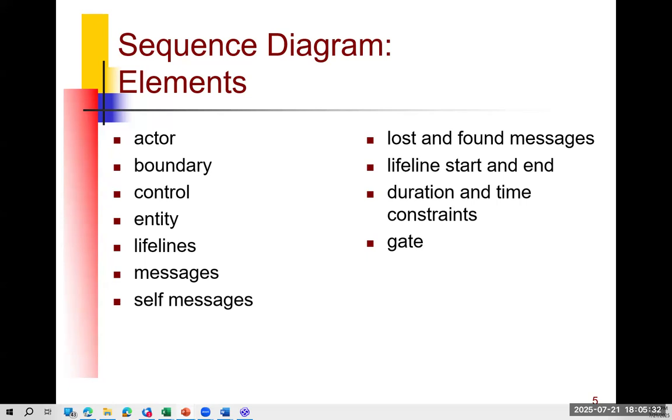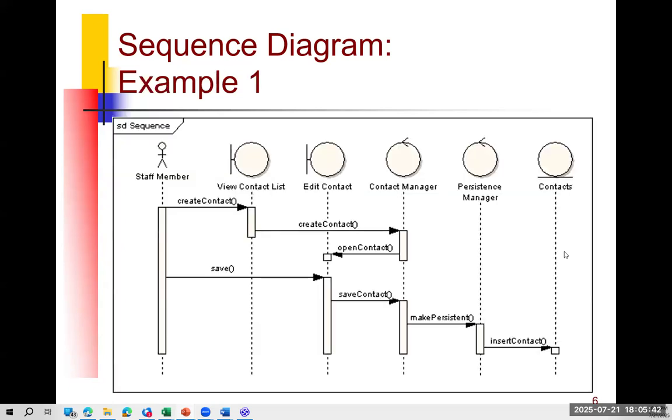So this is only when an object becomes very complicated and contains a lot of operations, and then you can group them into different groups. So these are the elements involved in the sequence diagram. So this is a very typical sequence diagram. Usually a typical sequence diagram we consider as non-trivial should involve at least a boundary, which is an interface, and a